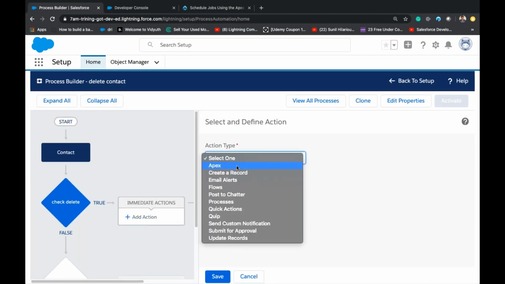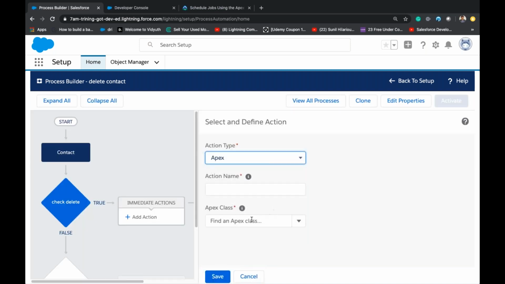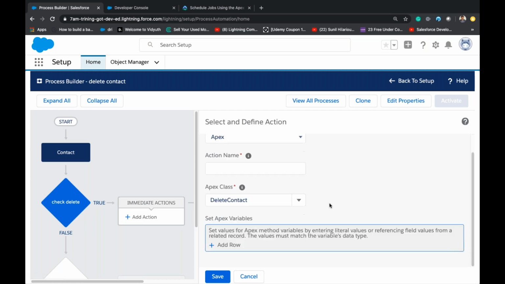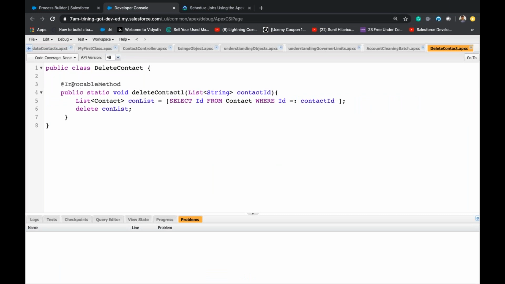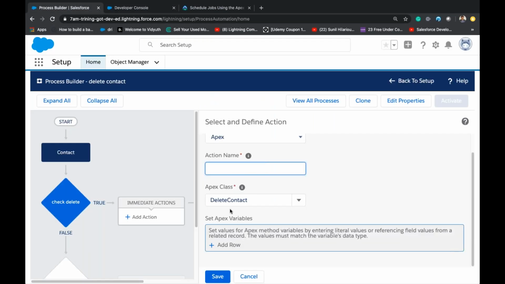In this you can use an fx, and in this you will see that delete contact. So only delete contact is available, right? Why only delete contact is available? Because it is annotated with @InvocableMethod. Understood?